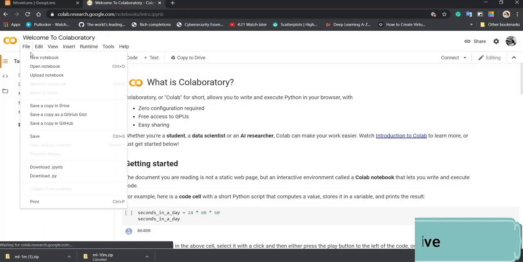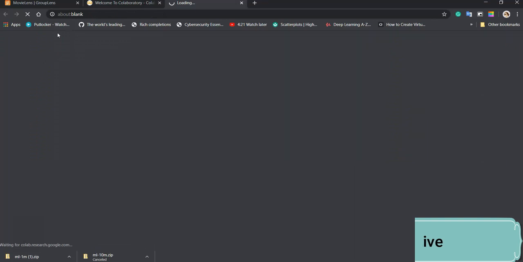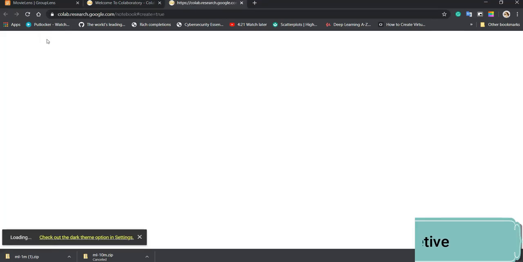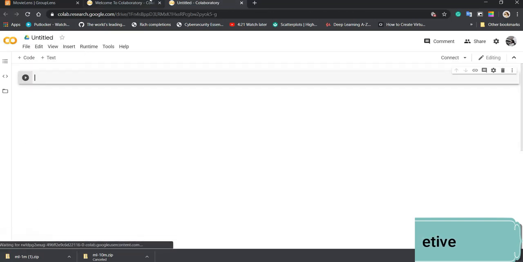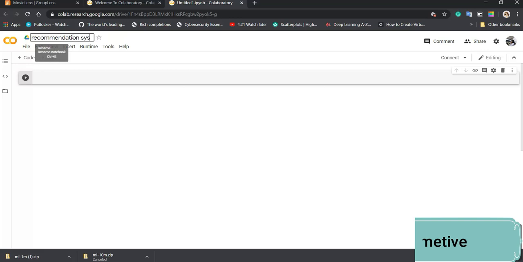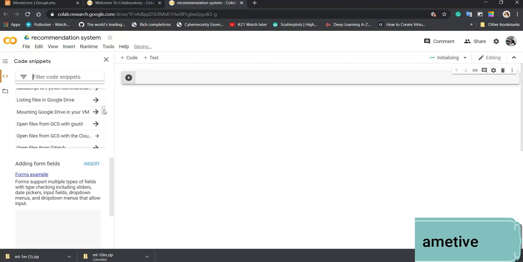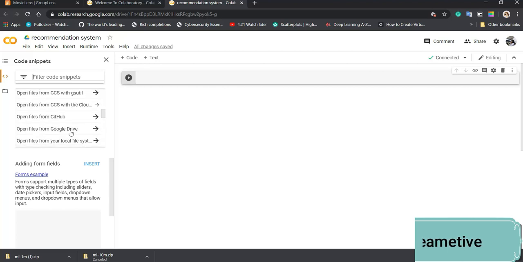I'll go to File and then click on New Notebook, and name it something like recommendation system. Then I'll select open file from Google Drive, because my dataset has been stored on Google Drive.